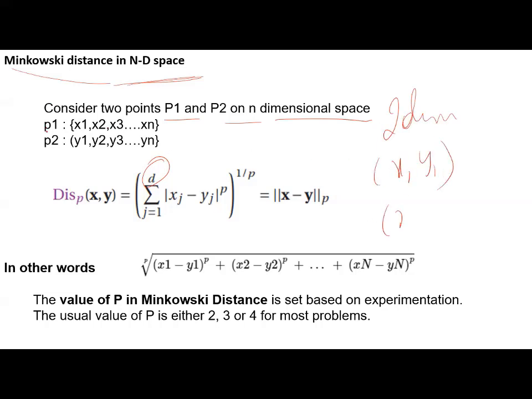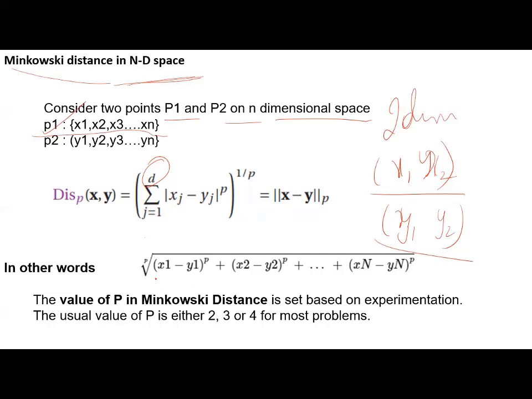Point P1 is taken as x1, x2, and point P2 is taken as y1, y2, my dear friends. Please remember this. Now we take the distance between x1 minus